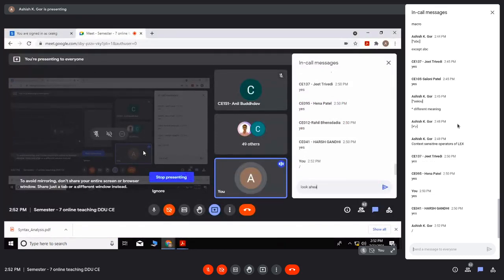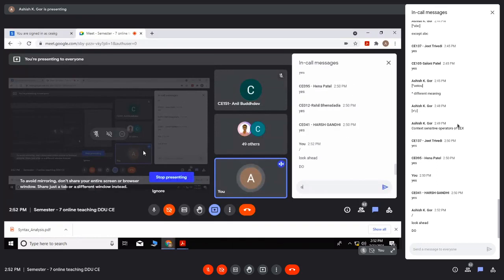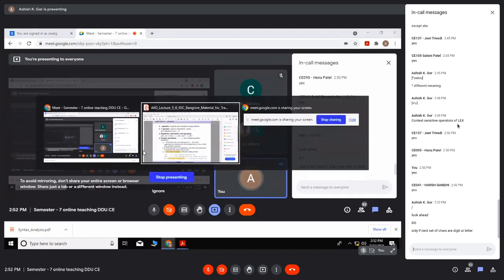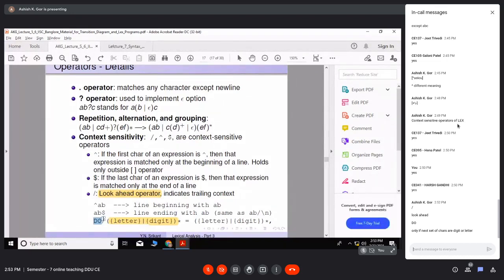So you match DO only if the next set of characters are either digit or letter. You go ahead in the input sequence and see the next characters. If they are letters or digits, then only match with this. Otherwise, the normal meaning of slash is different. When it comes like this, it has a different meaning, and that's why it is context sensitivity.